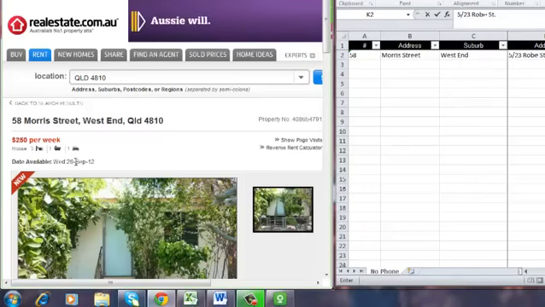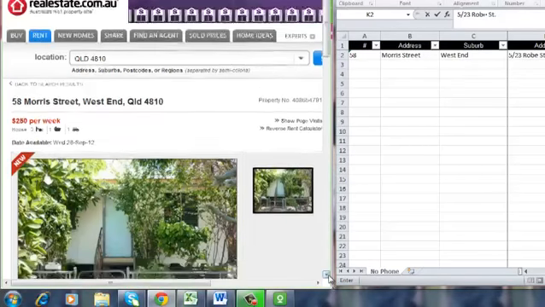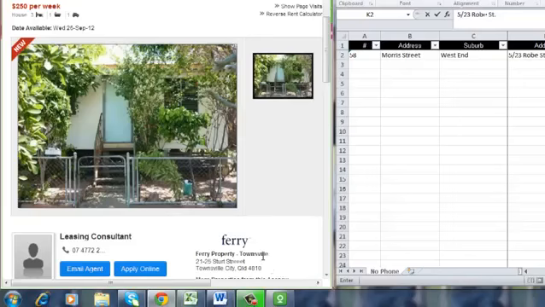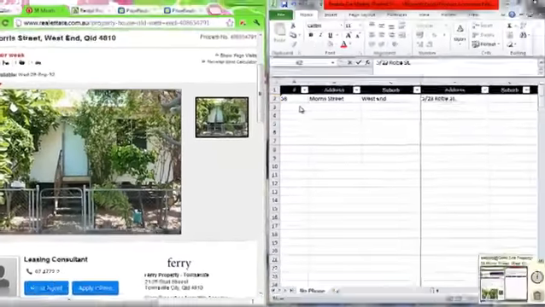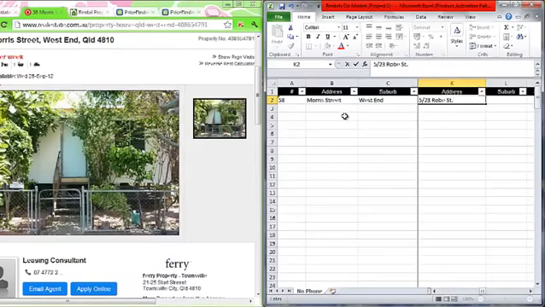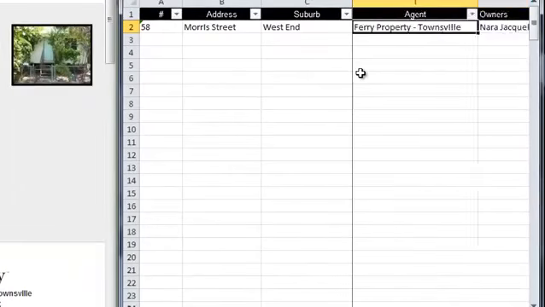Always type the date first, followed by the month, and then the year. Copy the agent's name as well as the property number. Don't forget to copy the URL address.